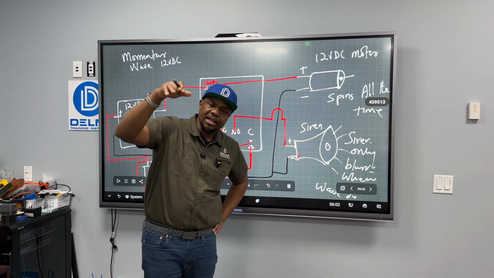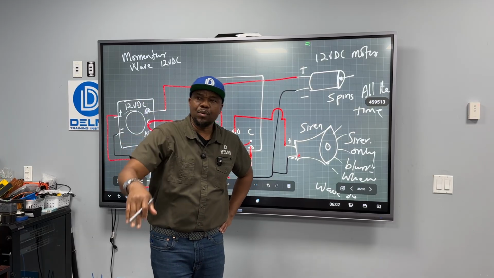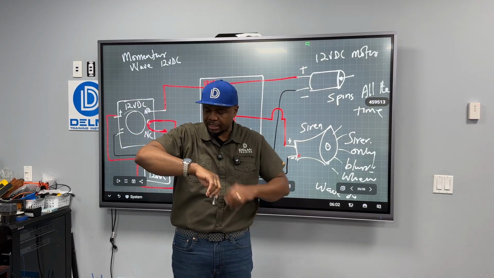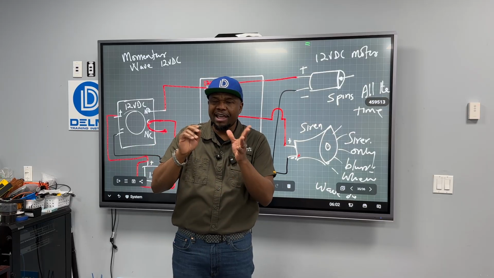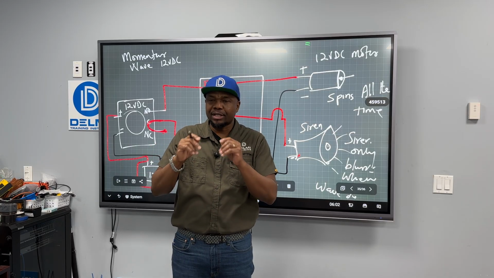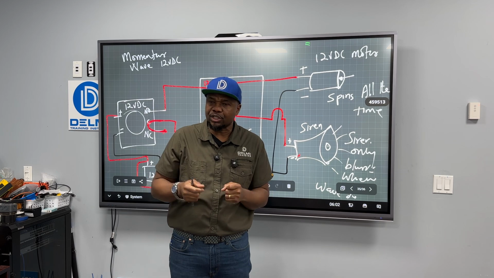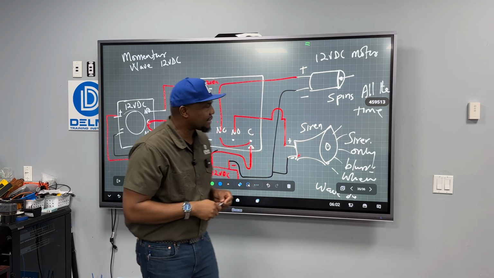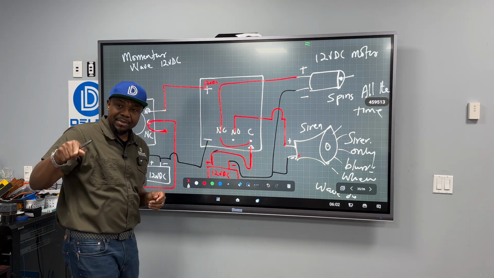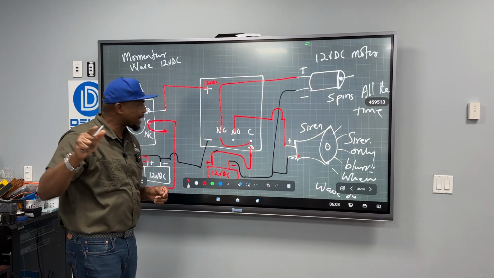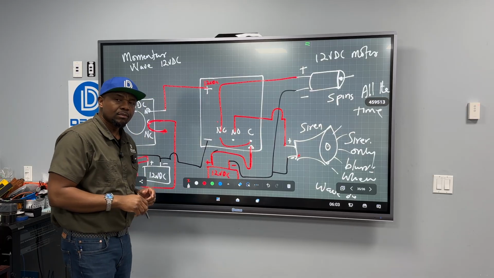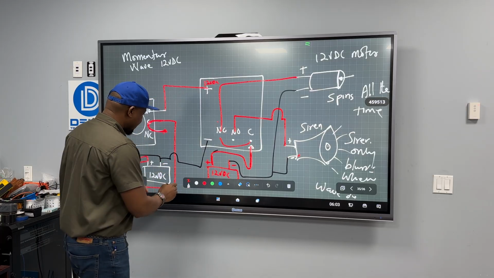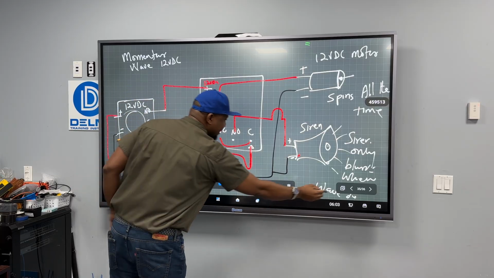So now I'm going to give you guys an assignment. And I want each and every one of you to do a quick one. I'll just give you like 5 minutes. And you guys just draw it on a piece of paper. Take a picture of it. And let me see what you guys have done. The assignment that I'm going to give you guys, I want to make sure that you guys understand. We are going to use as the input device